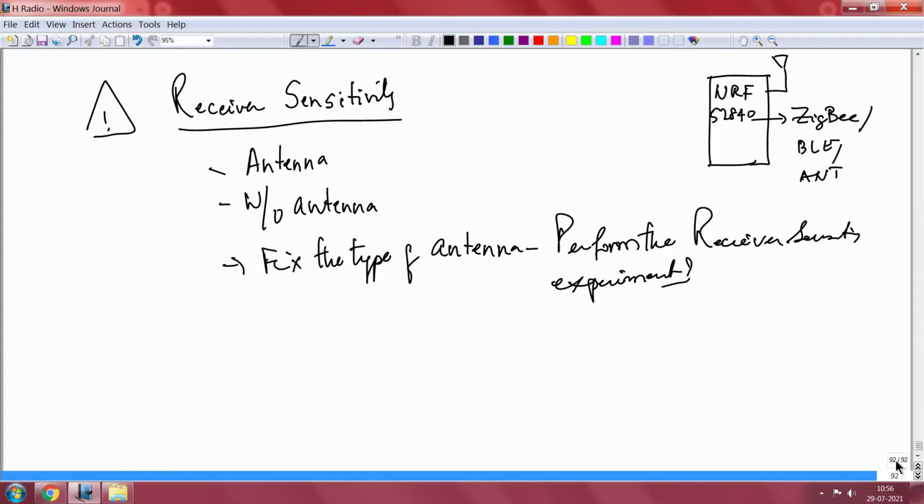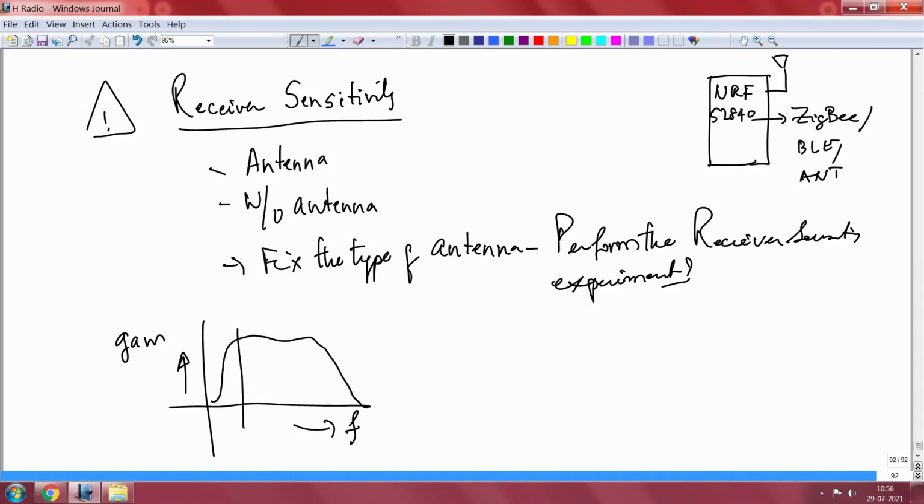Just for your sake, I will write it here and I hope you will be able to recall this from your undergrad. So, you will have some flattish performance over this range, right, a little bit of a dip may be there here and there, but that will depend on how you characterize. So you say this has a flat performance, gives you good gain performance over this frequency range. You would have definitely studied that anyway.